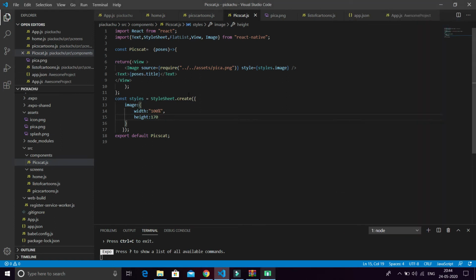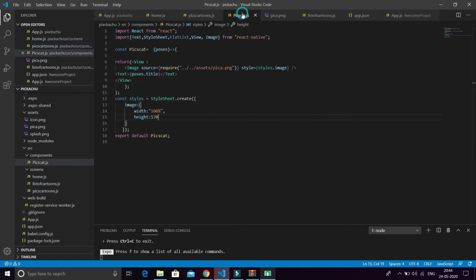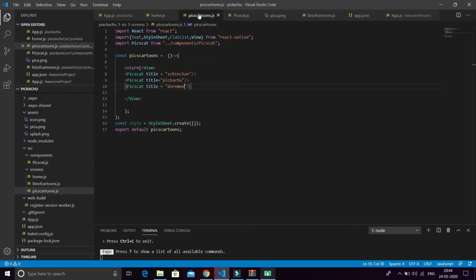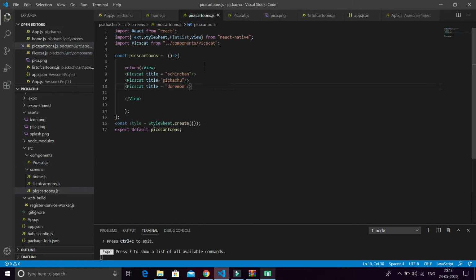But how can we show another image? What we are actually doing is we are just calling this function again and again. It picks cartoons. So we have to provide another variable.